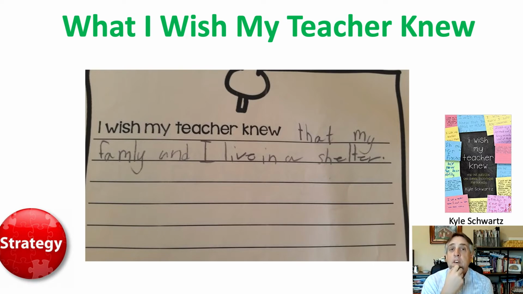But if I knew this about a child who starts to nod off, I might think, I get it. They might not be getting great sleep. If they live in a shelter, maybe they don't get great sleep. I get it. Then I can extend grace, but I have to know this. If I don't know this, I can sometimes jump to inappropriate conclusions.